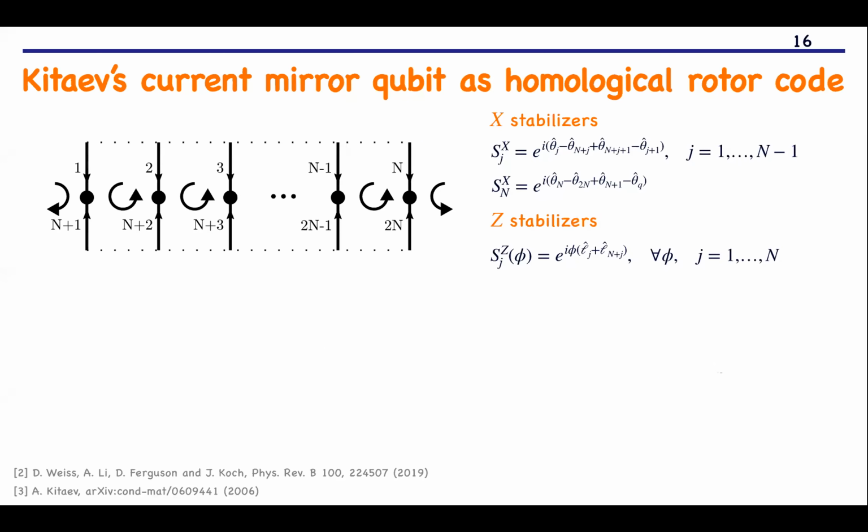In 2006, Kitaev proposed this current mirror qubit, which, if somebody reads the paper, is quite a mysterious paper. Our claim is that this qubit, which was also later analyzed again in the Weiss et al. paper, actually provides a physical realization of a particular homological rotor code, and it is associated to a tessellation of a Möbius strip. So here we have a tessellation, and at the end we flip